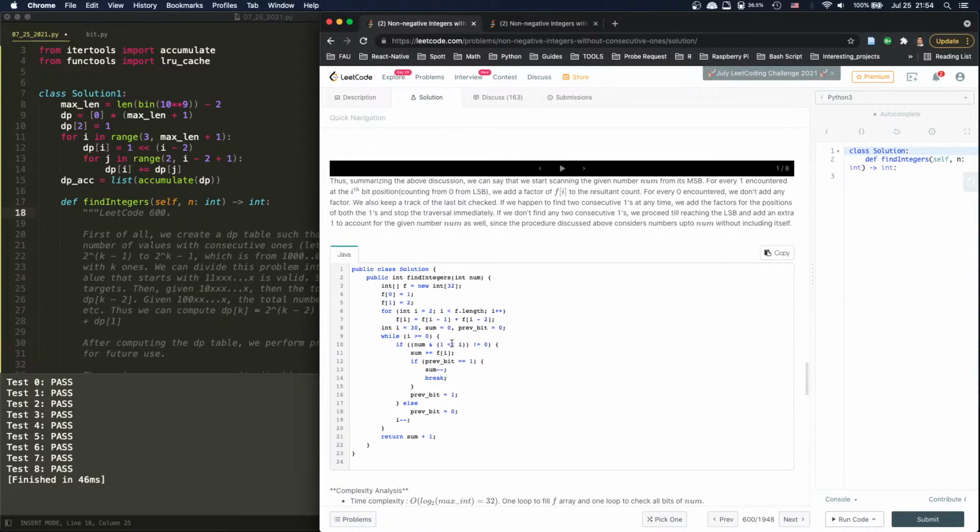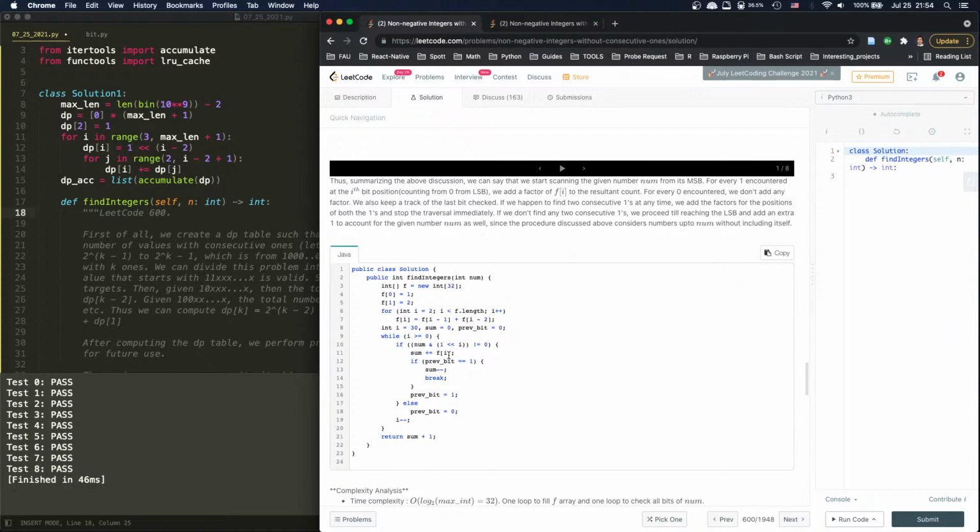I think that is the largest 10 to the 9th can get. And 10 to the 9th, I think, is 31 bits, right? 31 bits. So when num and this thing, if it's not equal to 0, then we have 1, 0, 0, 0, or something. So sum plus equal to f(i), which means